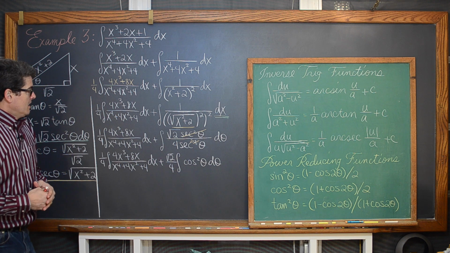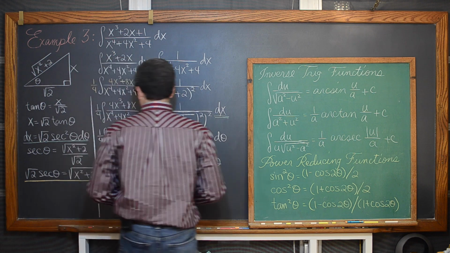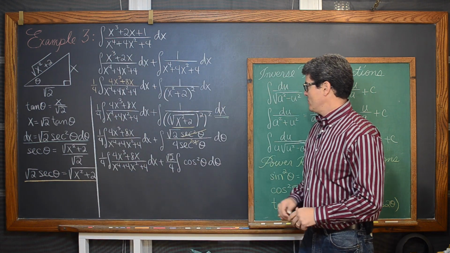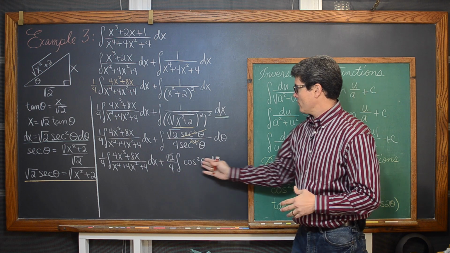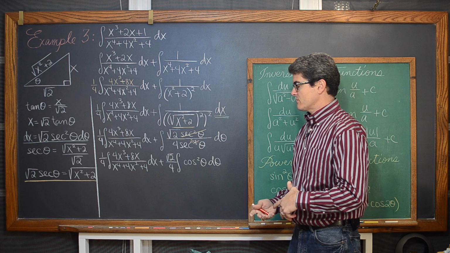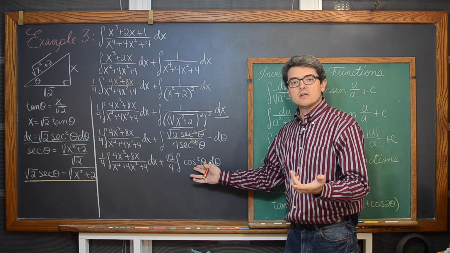So we had that square root of x squared plus 2, which was square root of 2 secant theta, and we ran it through a couple of powers of 2, or basically raising it to a 4th power, and we're here. Inside the power of 2, we have the cosine function. So maybe my inside function is cosine. The derivative of cosine is what? Negative sine.